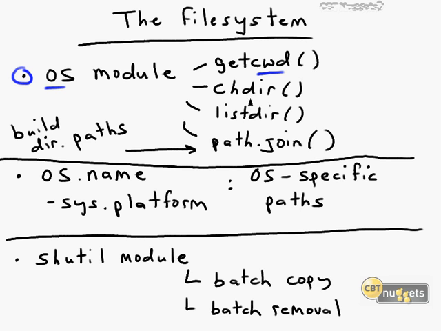We can use chdir to, you guessed it, change directories to move from one directory location to another in a file system. Listdir does exactly what you think it does. If you're a Unix, Linux, Mac OS X terminal person, you're familiar with the ls command. In MS-DOS and now Windows, we have the dir command. It's the same deal. There's some other OS module functions that we'll take a look at in the upcoming demo that are really useful for traversing a file system.